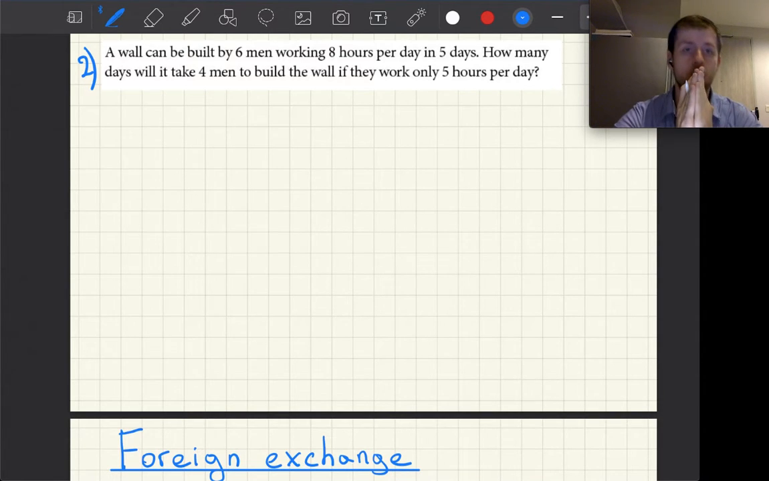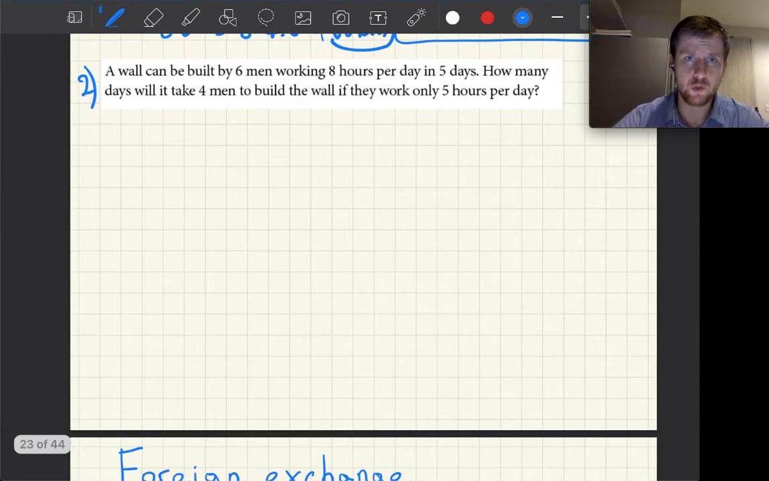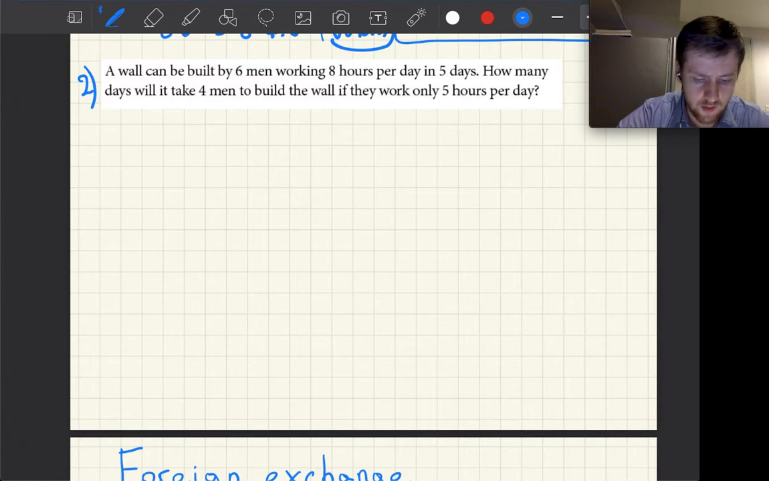Let's read it carefully. A wall can be built by 6 men working 8 hours per day in 5 days. How many days will it take 4 men to build the wall if they work only 5 hours per day? So first of all, let's simplify this question. 8 hours per day in 5 days, that's too complicated. Let's just say that 6 men